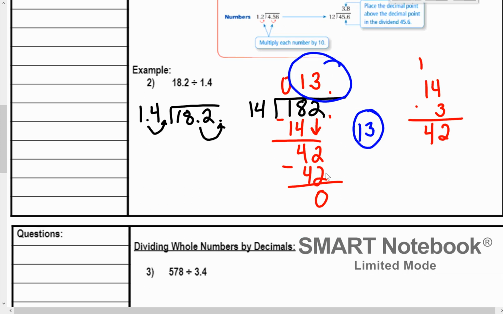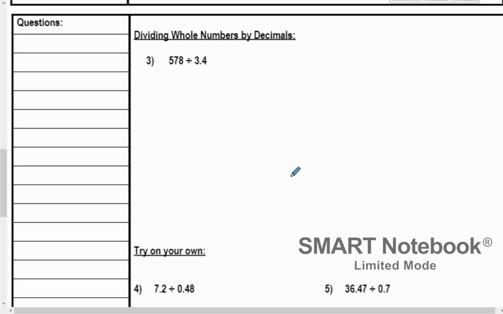Okay, moving on to the next kind of example, dividing a whole number by a decimal. Here we have the whole number 578 being divided by 3 4/10. Okay, now this becomes tricky because we know we had to make this divisor a whole number by moving that decimal place over and making this into 34, but there's no decimal in 578, so we have to think to ourselves,